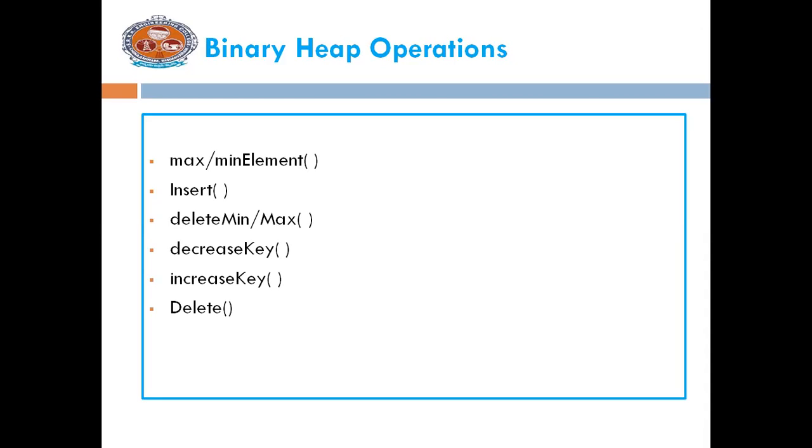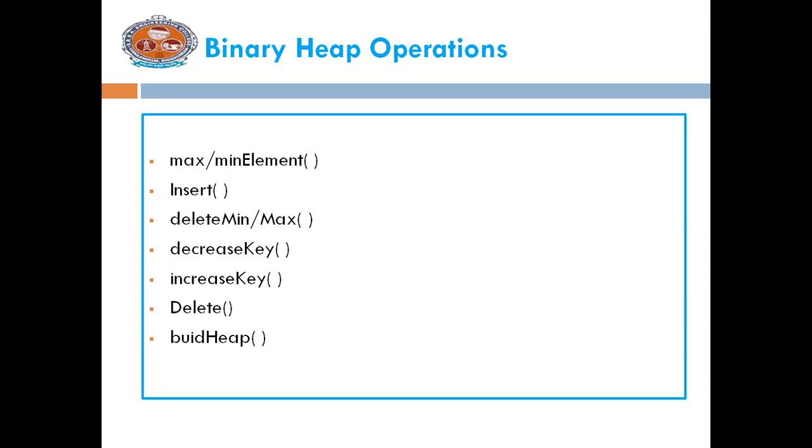And the next one is delete. The difference between delete min and delete is that the delete min or delete max operation removes the root element, while the delete operation is used to remove a particular element in the tree. And the next one is build heap. Build heap is used to build either a min heap or max heap. This build heap operation takes n elements as input and constructs a heap. That means constructing a new heap means performing n successive insertions. These are the operations of binary heap.